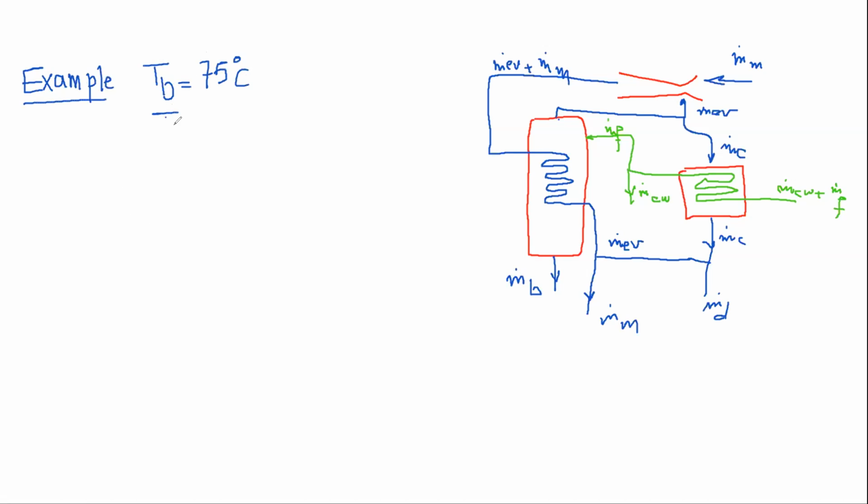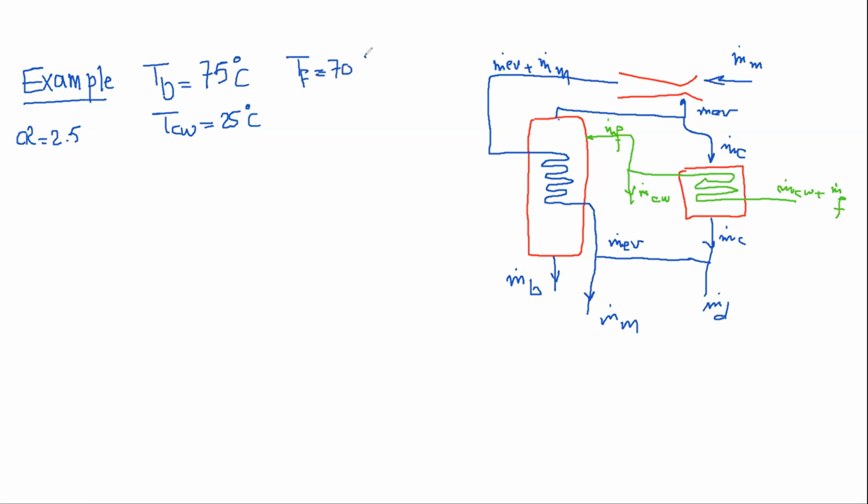T cooling water is 25 degrees centigrade. Information related to the compression unit for the ejector is 2.5. The feed temperature